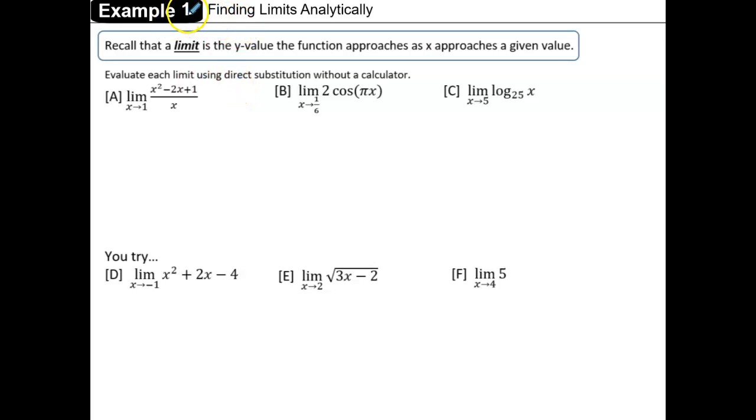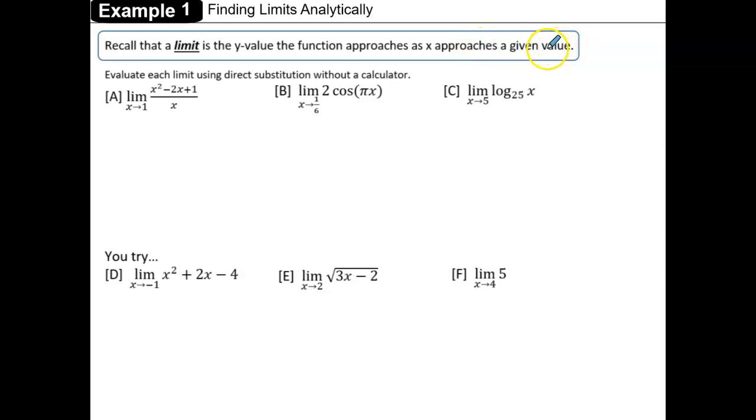So in example 1, we want to find limits analytically. That means to find them algebraically without using a graphing calculator or sketching the graph to look at the limit, like we did in our last examples in the notes. We're going to start by recalling that a limit is the y value the function approaches as x approaches a